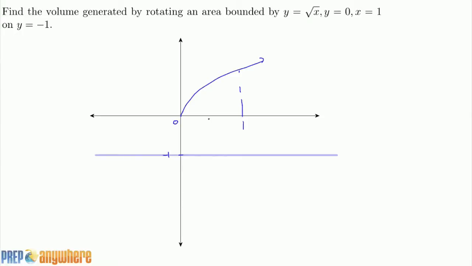So if you rotate it about, so it's only this area right here, okay? Because it's bounded by these three things, right? It's only that area. And you're going to rotate that area, right, about this line. So look, see this empty hole here? See this empty hole? There's going to be an empty hole on the opposite side too,